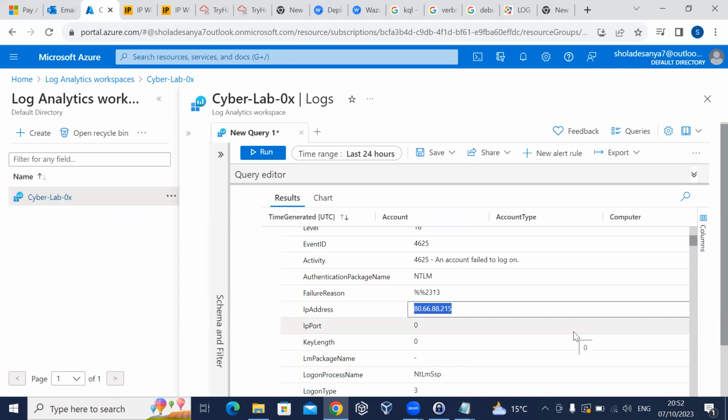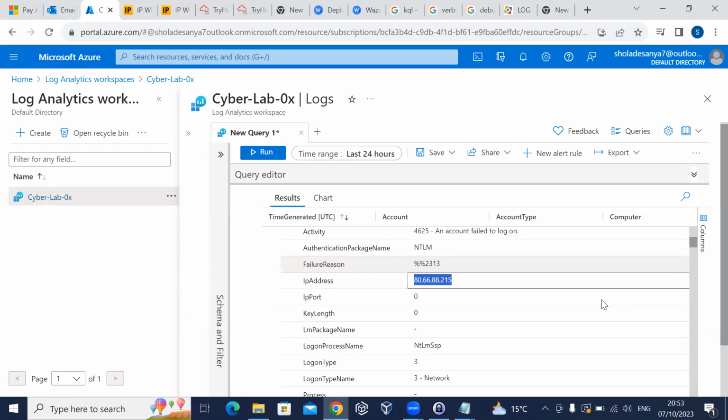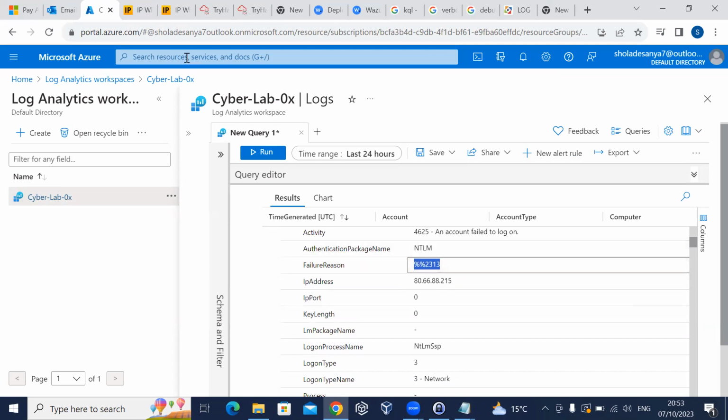So this log also gives us fail reasons. At the top of your IP address, you see the failure reason. Can you see there's an IP address, and at the top of it there's a failure reason? I don't know what percent 2313 means, but again, that's why we use Google. Just copy it and let's check what that means. I don't know it myself, so that will give you a bit of information as to why